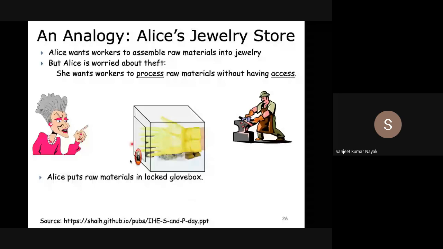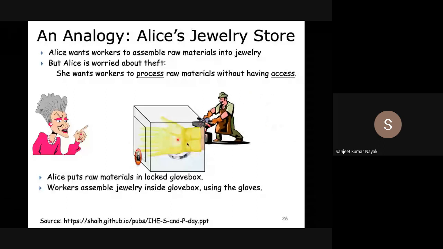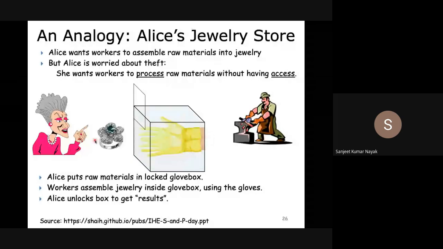Now this person will come here, and using the gloved box, using the gloves, he will make the jewelry, and he has to go because he cannot open this lock and take out the jewelry. Now Alice will open this box, take out the material, and she will go. This is exactly the same thing that we are doing in case of